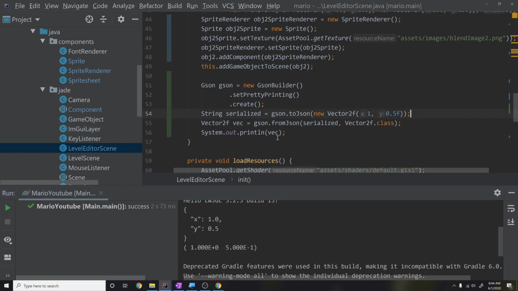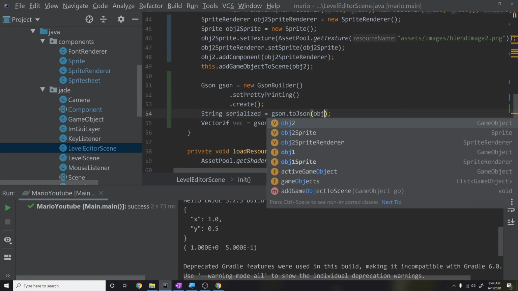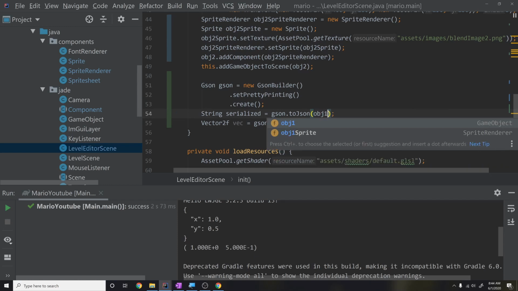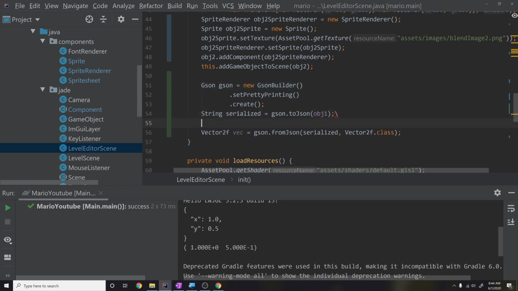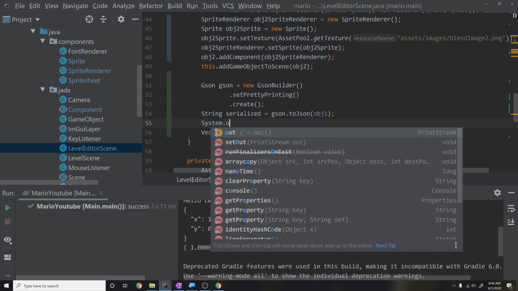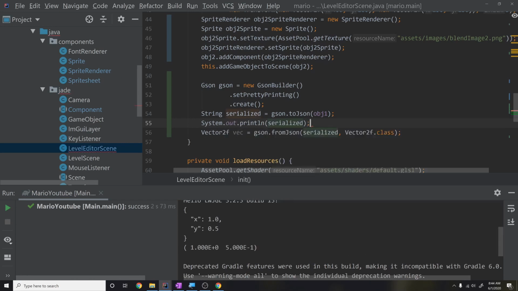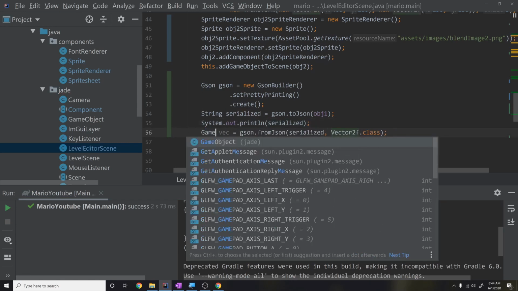But now we want to do our game objects, right? Because this is how we're going to do our game levels. We're going to serialize game objects. So let's try that. Let's see what happens. Say obj2. We'll do 1. And then we want to turn that into it. We'll print it out to make sure that it looks right. So we say System.out.println serialized. Then we'll say GameObject